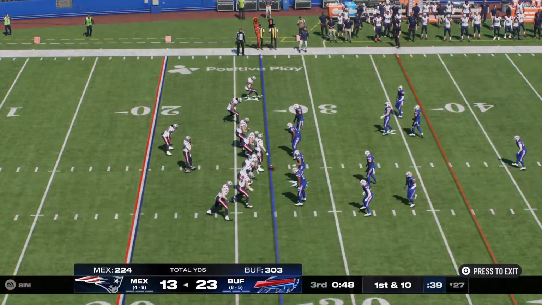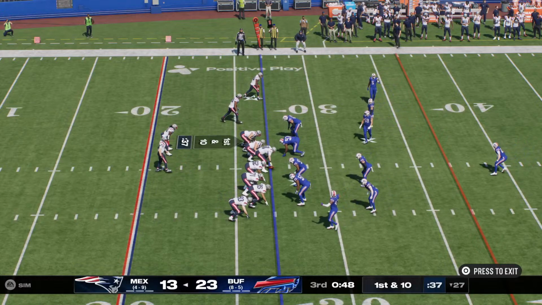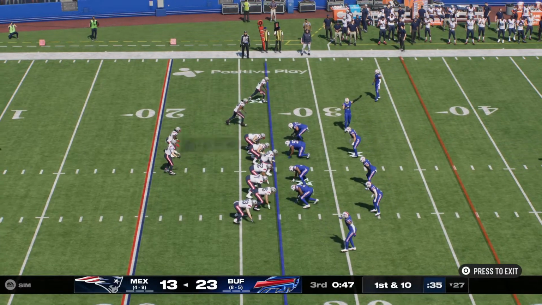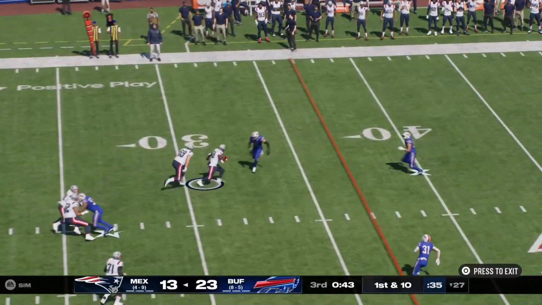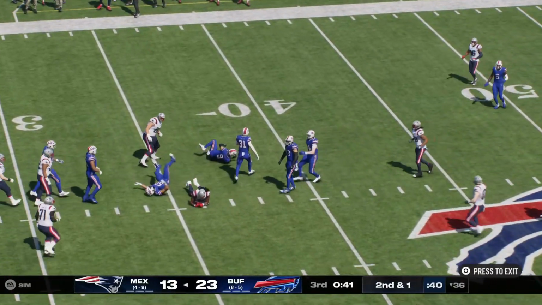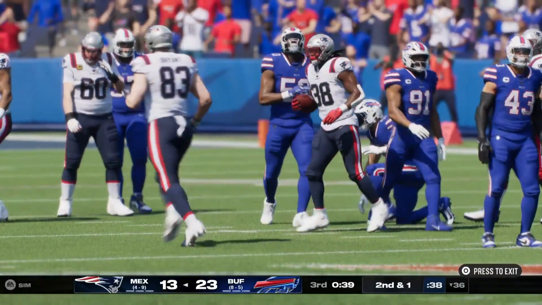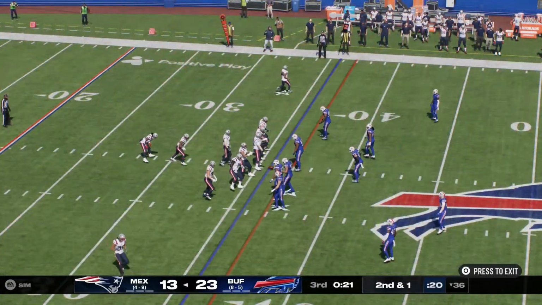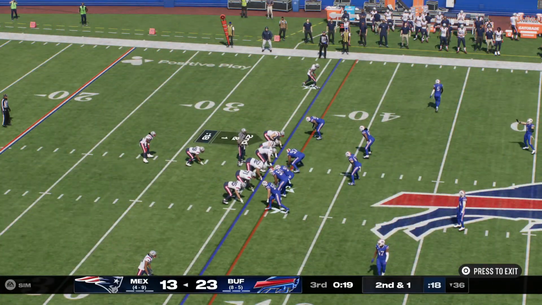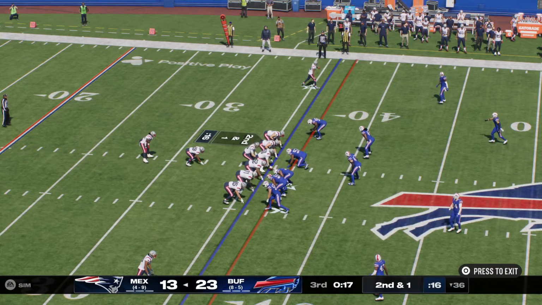The Pats at the line, ready to go. Defense got the better of them last series, forcing a punt. See if they make a few changes in the game plan here and try to get points out of this drive. 1st and 10. And this will leave them a yard short. Nice pickup of 9 yards on 1st down. 2nd down and a little more than a yard here.